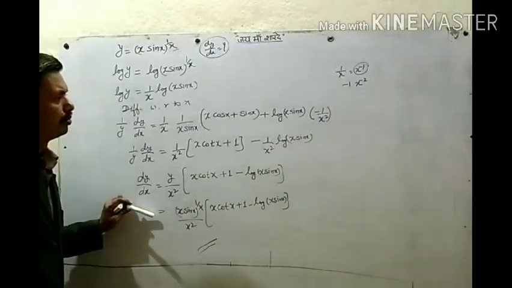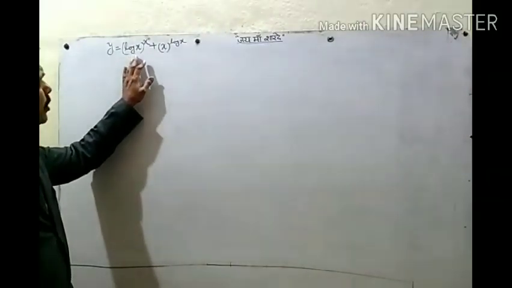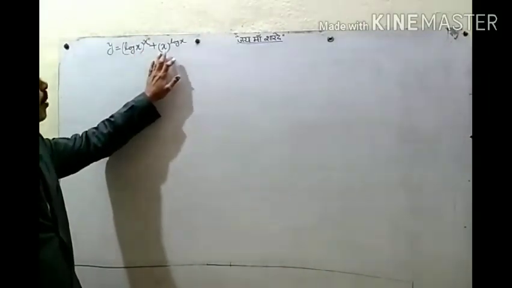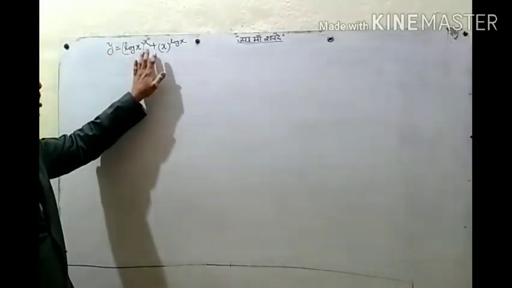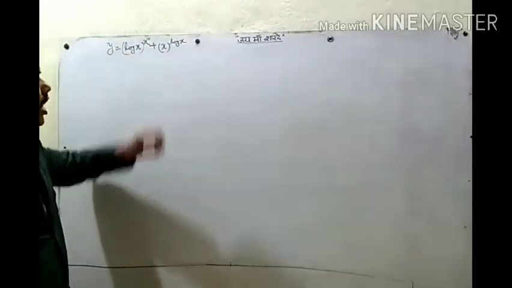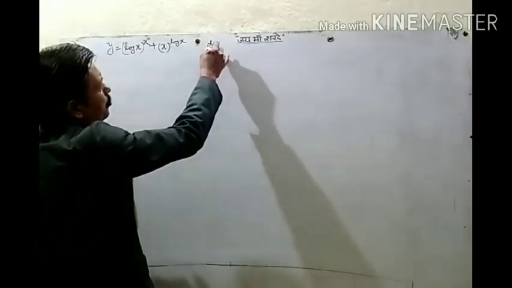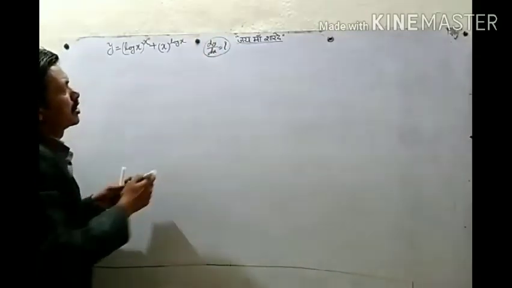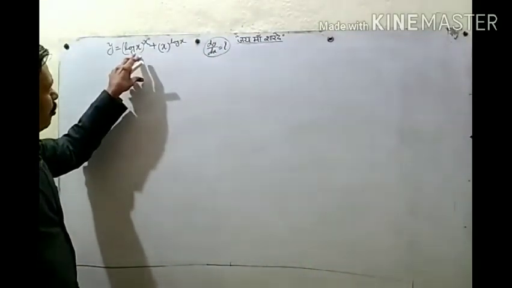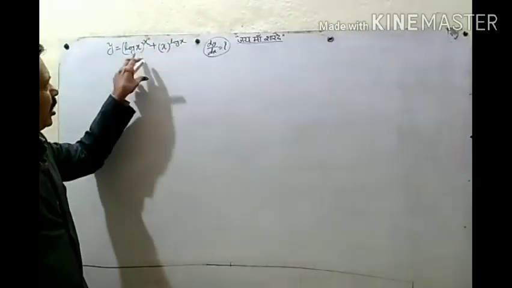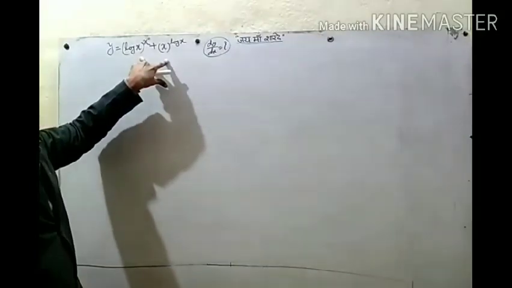Okay, now we want to find the derivative of log x power x plus x to the power log x. y is given as log x to the power x plus x to the power log x, and we need dy by dx. Okay, now in this case, on the right side we have base and powers that are functions of x, but here we have two terms.